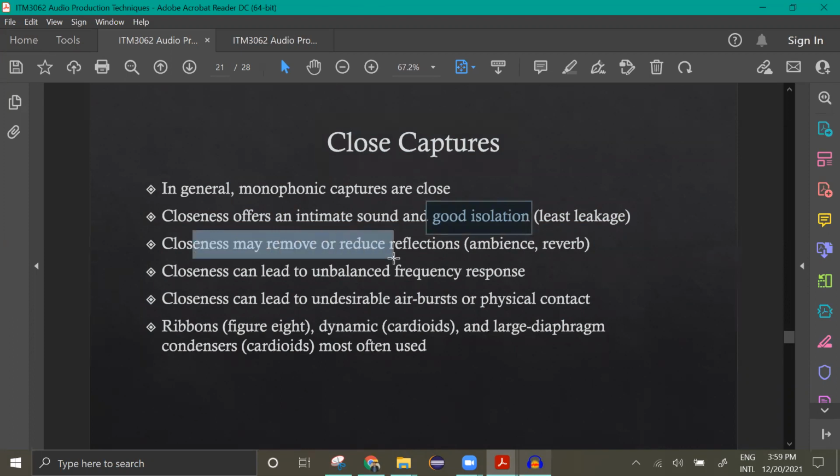Closeness may remove and reduce reflections, ambience, and reverb. So the ambience, the other sounds, won't be captured much, and then the reverberations, which means the reflections. Reverb means